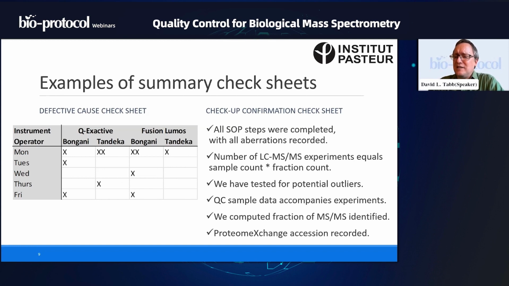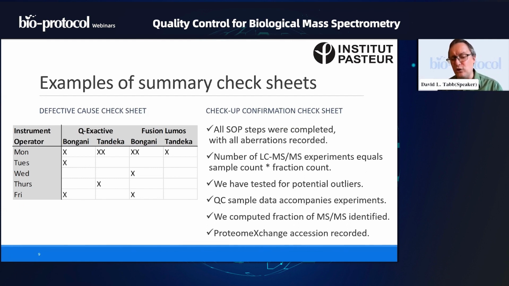Okay, so somebody sent us so many samples and they asked for us to use 10 fractions on each one. So I should be able to multiply the number of samples by the number of fractions to get the total number of LCMS-MS raw files that were produced. It may be, however, that I forgot one of those files. So it's a good thing to go back and check that the number of files in the manifest equals the number of files that you are transferring to them.